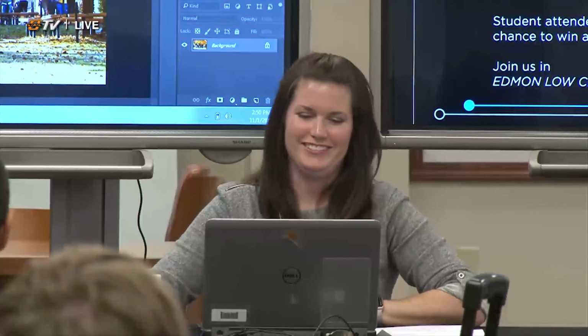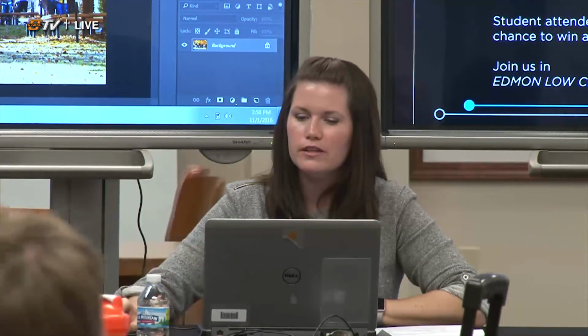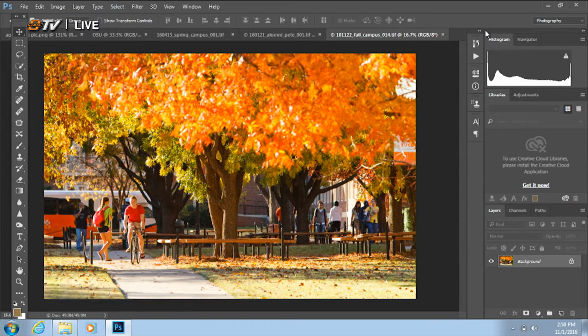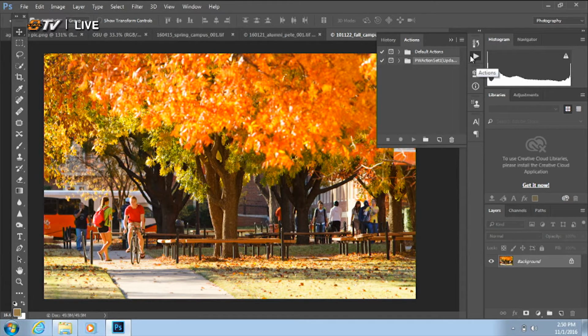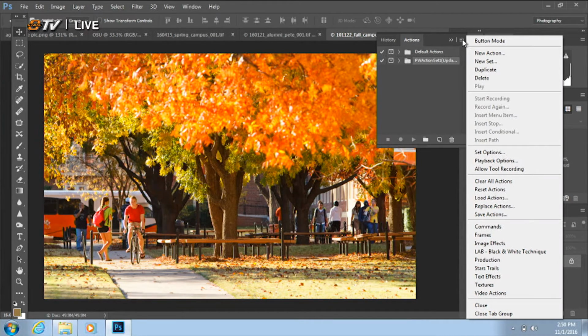It's November 1st. So with this image open, we're going to delve into actions. And actions are really fun because it takes all those little saturation, color, hue adjustments, but it takes the hard work out of it. It pulls them together and then kind of allows you to take someone else's actions and put them on your photo. So on the right-hand side, next to your histogram is a side toolbar, and there's a play button. This is your actions. And I'm going to show you how to load an action set. So if you click the lines to the right, we're going to say load actions, which is midway in your